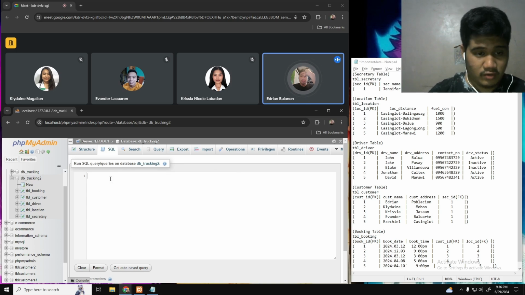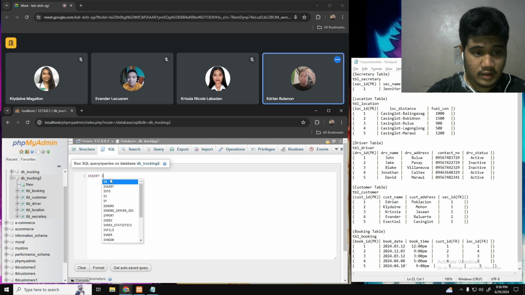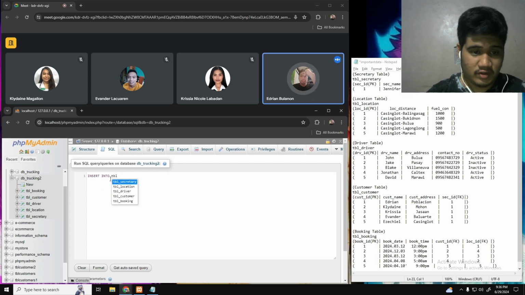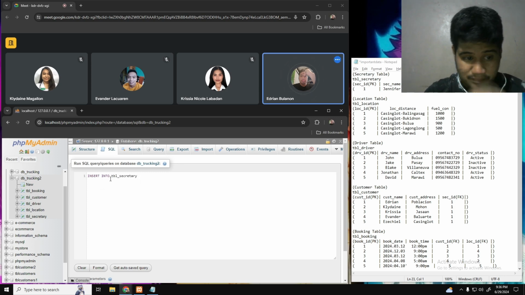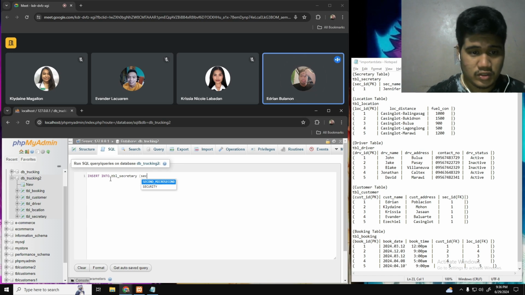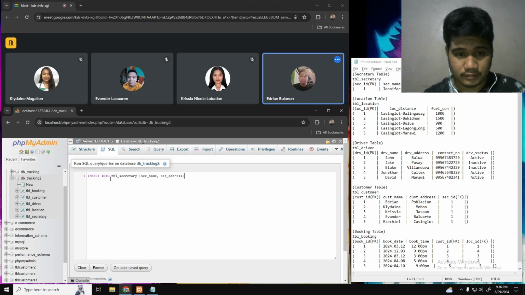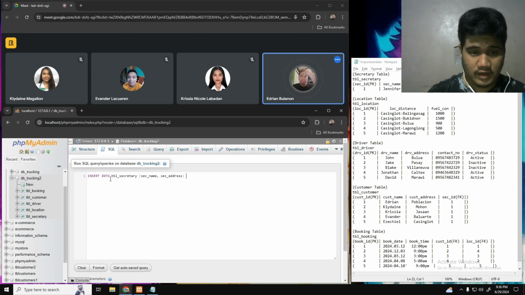So for secretary, we're gonna insert into table secretary, since we're gonna input data for secretary. Then its columns. We're not gonna put secretary ID, since it is auto increment. So this is secretary name, secretary address, and then values.